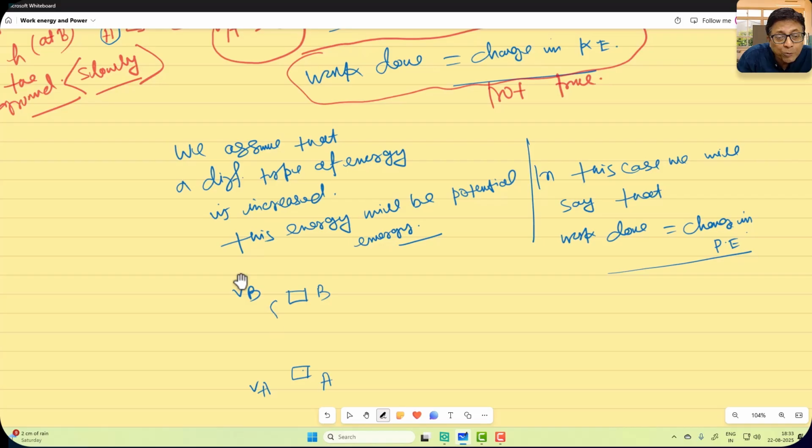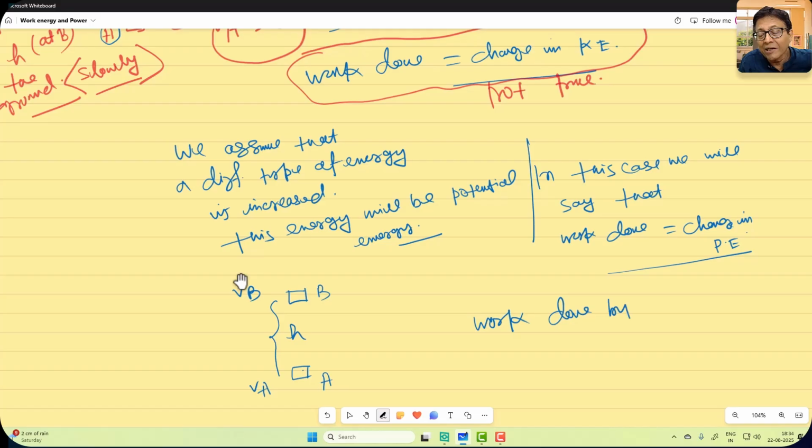Then the potential energy which we referred to has changed, as well as the kinetic energy. So work done equal to change in K, work done equal to change in P, that we will not write; we will write work done equal to